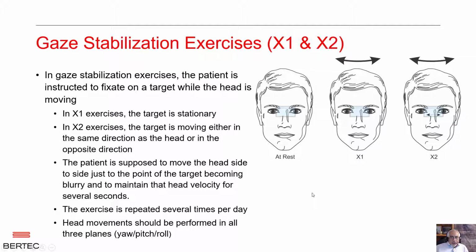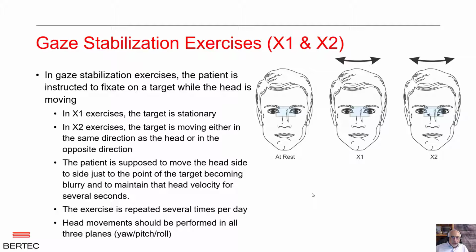For those of you who may not be familiar with them, they're basically gaze stabilization exercises that can improve head-eye coordination. The therapist usually sends the patient home with the description of what he or she is supposed to do. The patient is instructed to focus on a target, such as a business card with writings on it, and hold this card at arm's length. The patient is supposed to start moving the head side to side slowly and then increase the velocity to the point where the writing starts to become blurry.